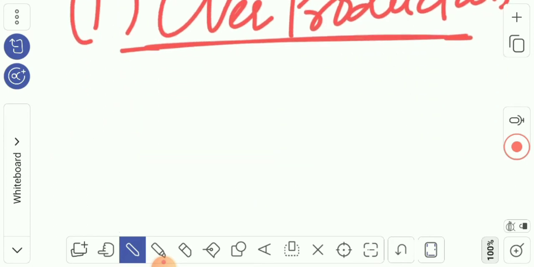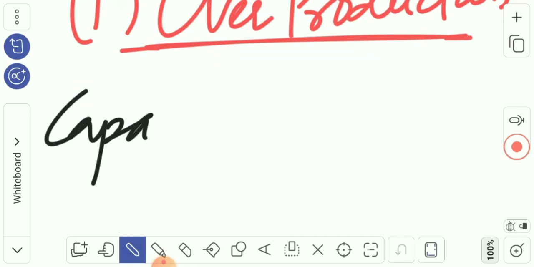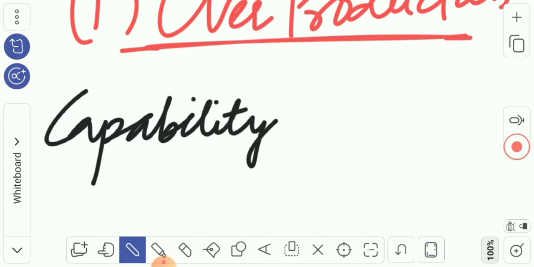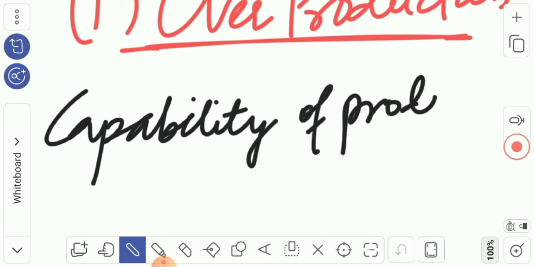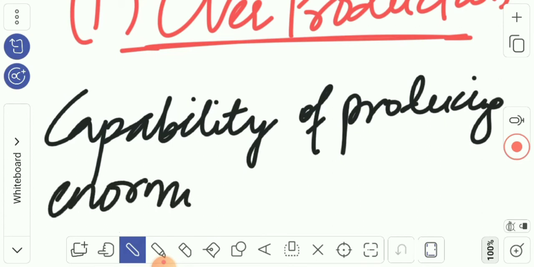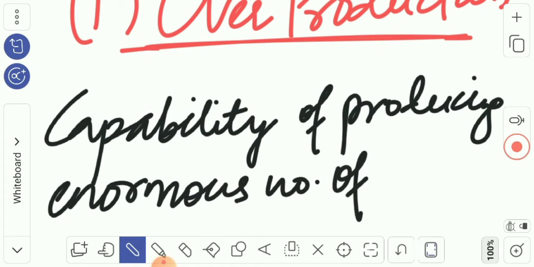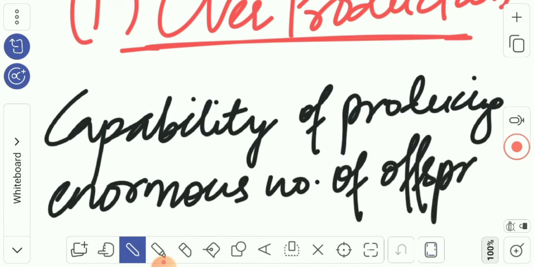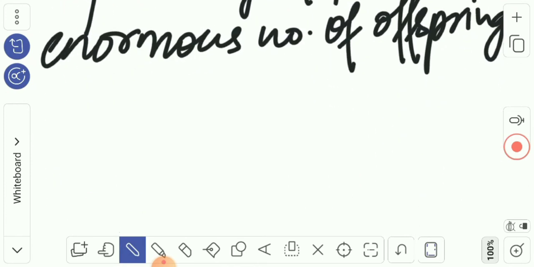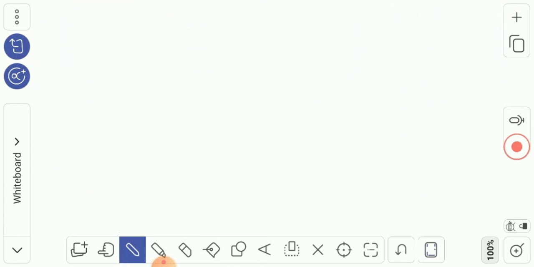So Darwin said all organisms have capability to produce enormous number of offsprings, and organisms multiply in geometric ratios. Capability of producing enormous number of offspring. This is the first main feature. Second,